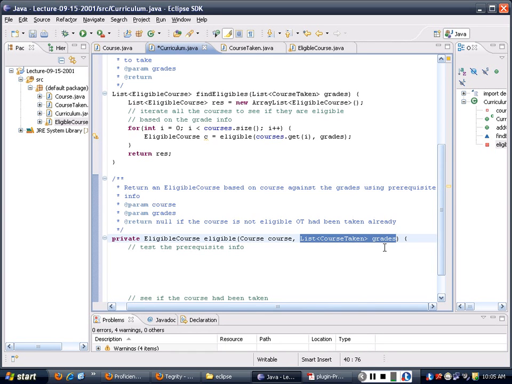But there's one thing that's special. You may have an NA, which means there is no such a prerequisite. So you need to handle that, because if you don't handle that, you will never get a match in the grades for the NA because there's no course that's called NA. So the first thing that we are trying to do is we say if